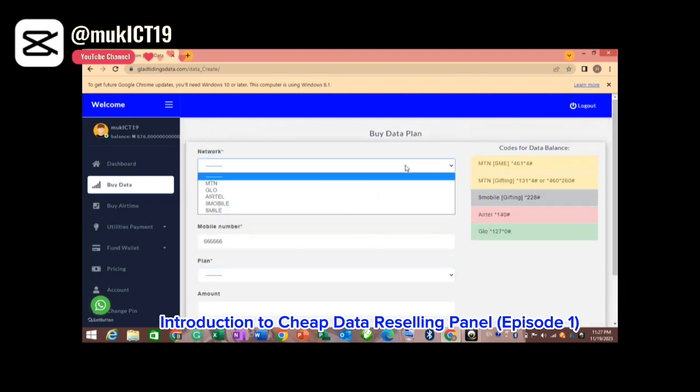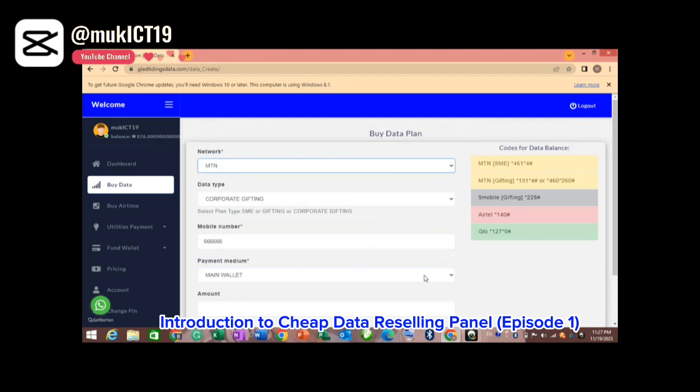Okay, let me select the network first. If you don't select a network, it will not bring anything out. Now I'm selecting MTN here with a number. Now let me click on